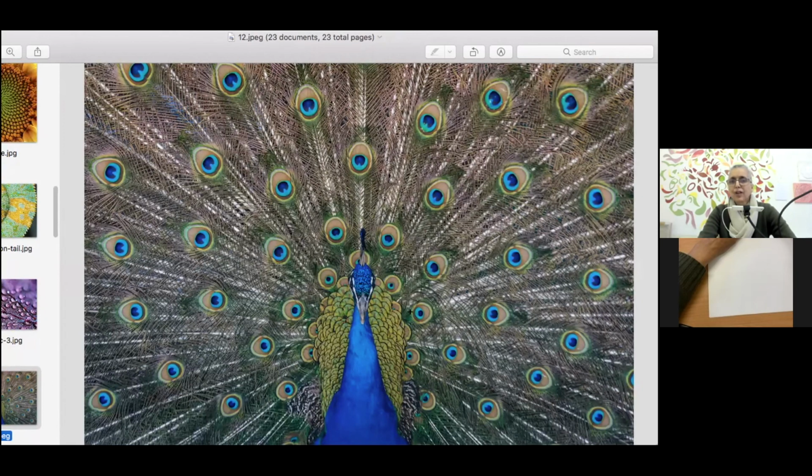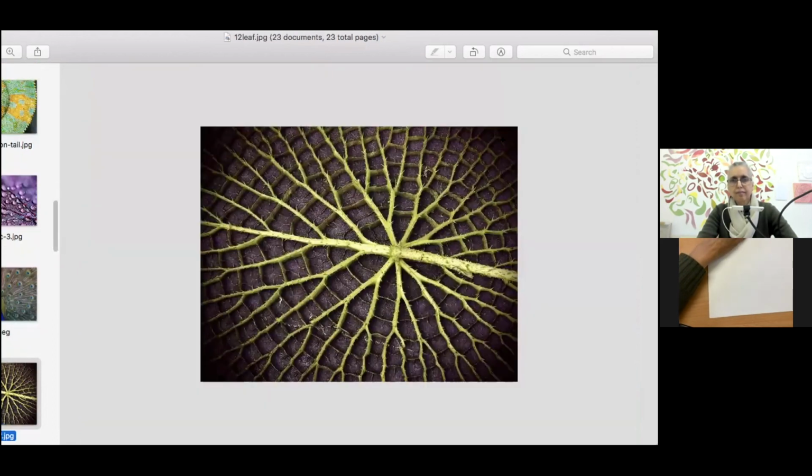You know, we have lots of books that actually explore the geometrical structure of these, how there's an underlying sort of mathematical geometrical structure. Again, a very simple shape here.